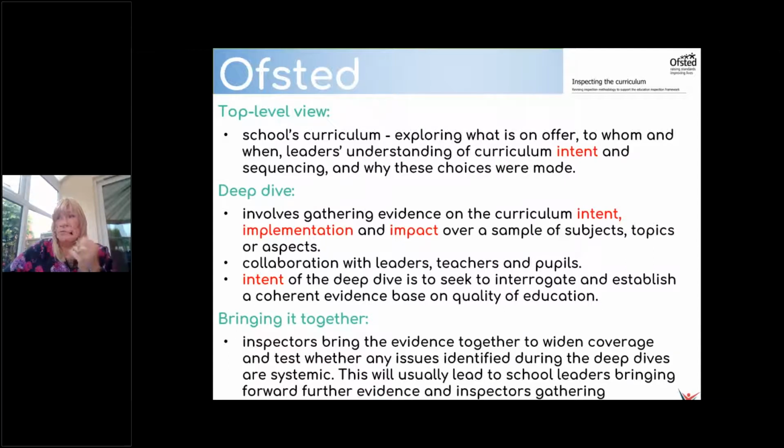Okay, if you think about it, top level, this is about you as a subject leader. This is about you thinking about what the intent of that curriculum is. What vision do you have for your subject? Where do you want your computing curriculum to be? It's no good looking at the current position; you need to be looking ahead. You need to be looking at your actions and things like that. I'll go into that on the next slide in a second, but you need to be really looking at